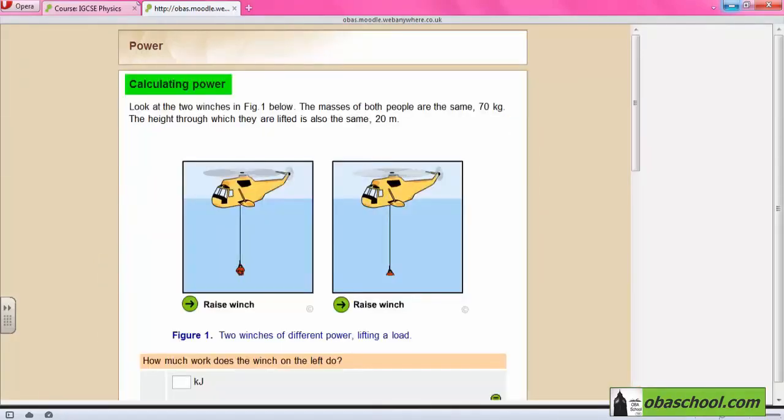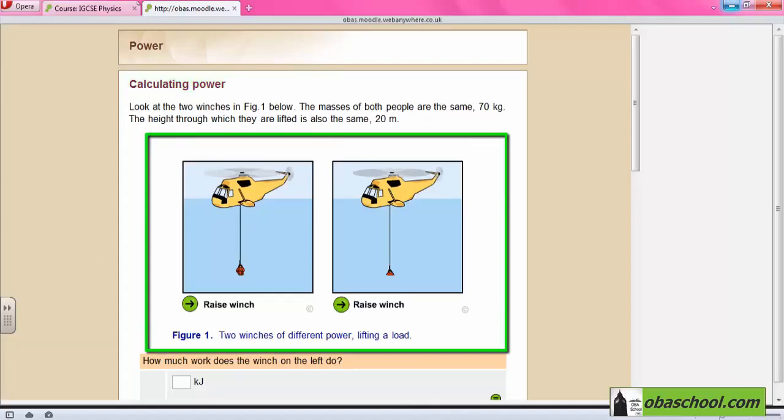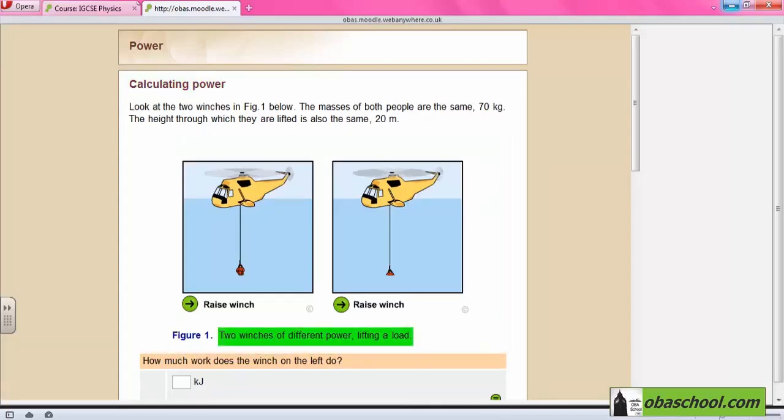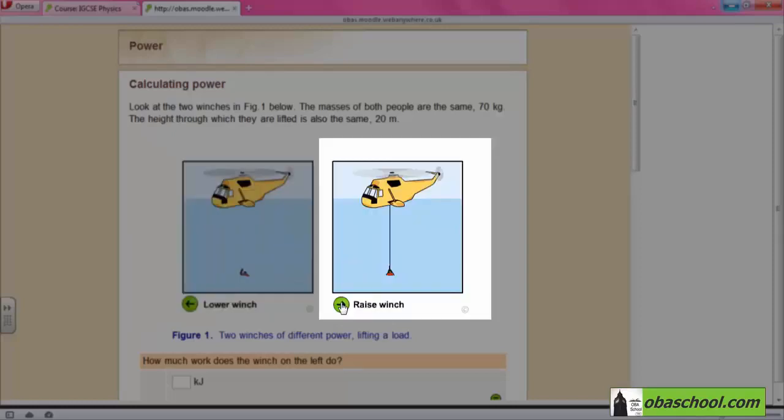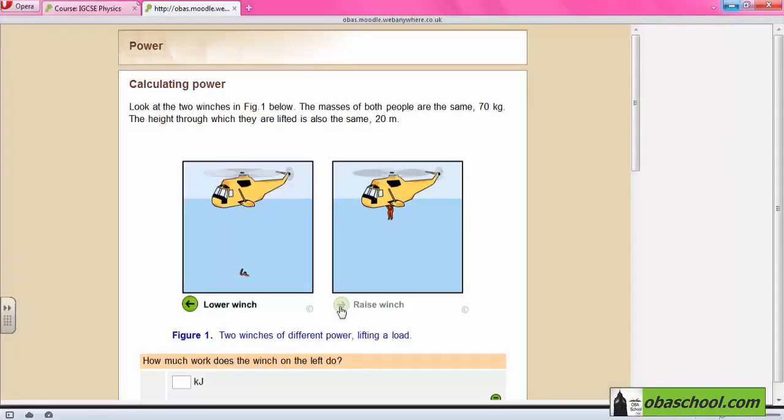So look at the two winches in figure 1. The masses of both people are the same, 70 kg. The height through which they are lifted is also the same, 20 meters. Two winches of different power lifted a load. So here you can see how it's lowering and raising. Here we press on the raise winch, and you can see the difference in how the two winches are raising